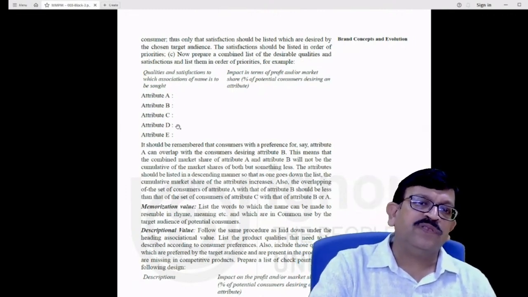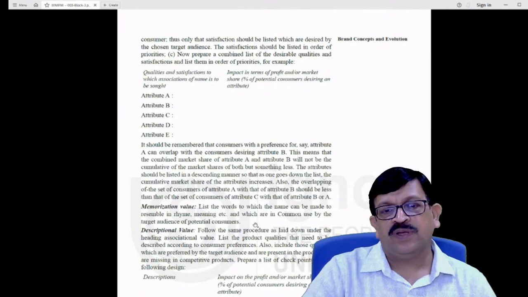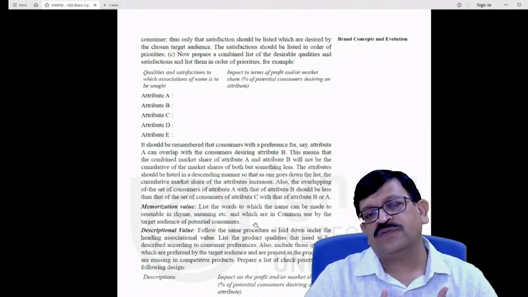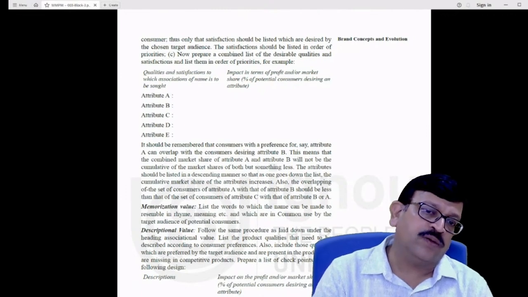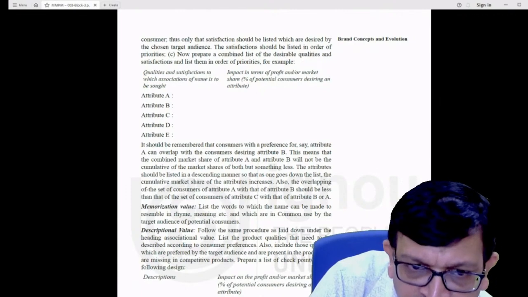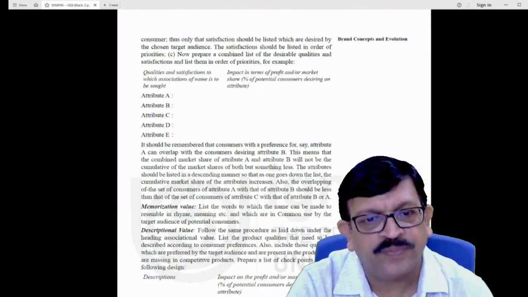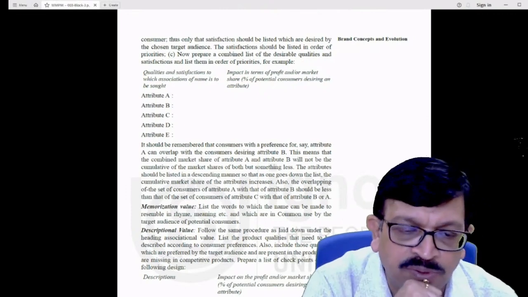Memorization. Similarly, we follow the same thing for the name, which can be made to rhyme or carry a meaning, something very common that the audience can easily identify with, like ghadi, for example. Everybody can understand ghadi. So this is the kind of memorization value which can be associated with the naming process.